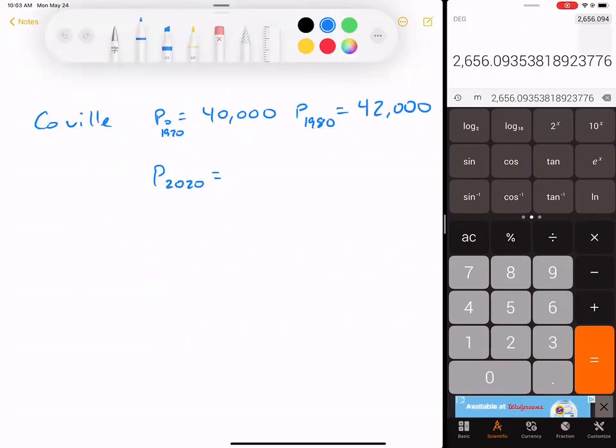So let's say the population of Coville in 1970 is 40,000 people. And in 1980, the census said we have 42,000 people now. So we increased by 2,000 people, whether that's by people migrating or immigrating to Coville, or maybe birth rates. So, you know, it's not that huge of a growth. You might say, hey, what's the big deal? Now,